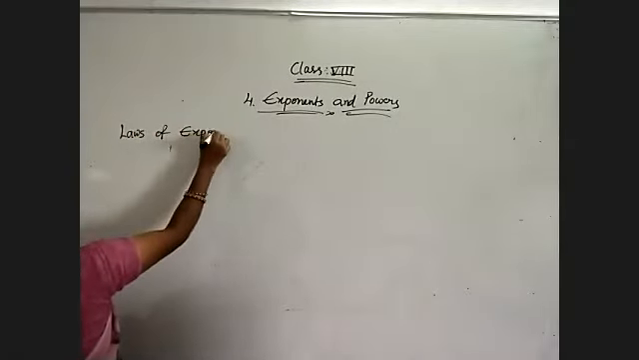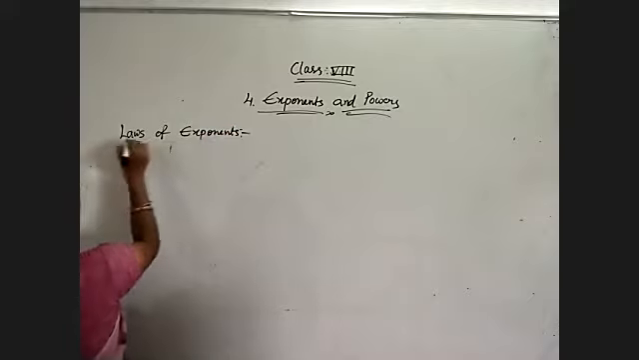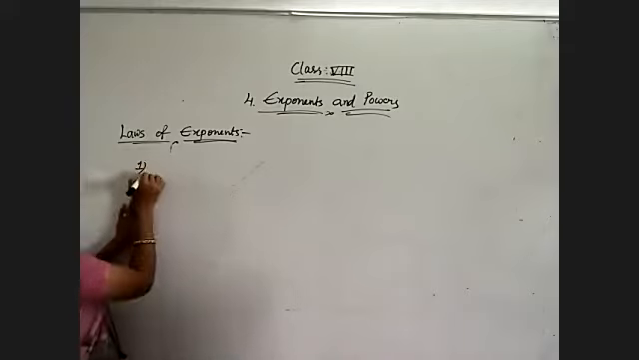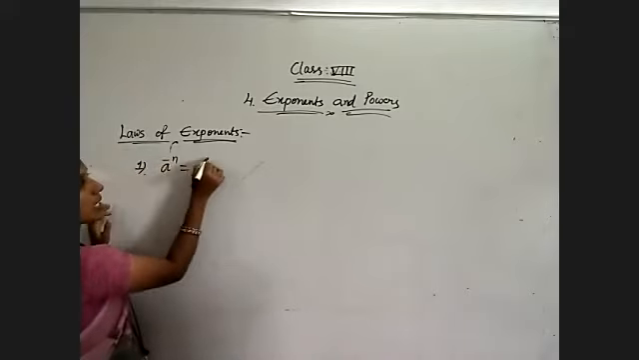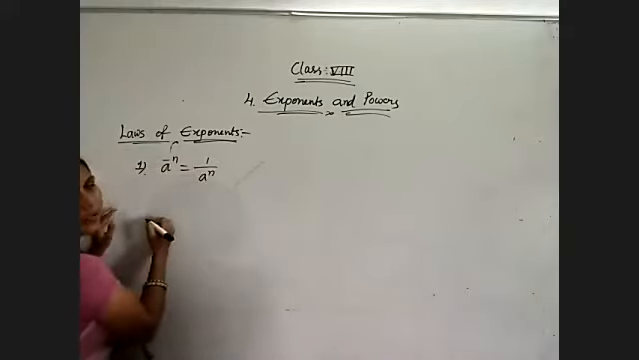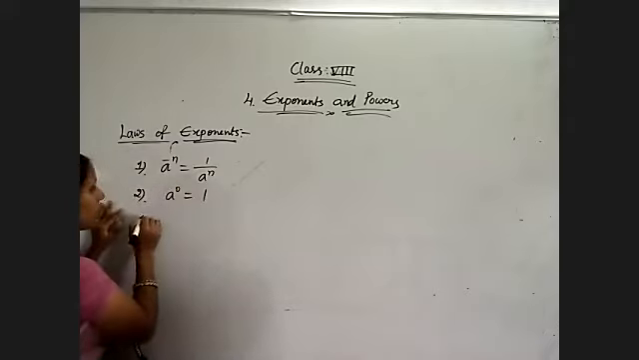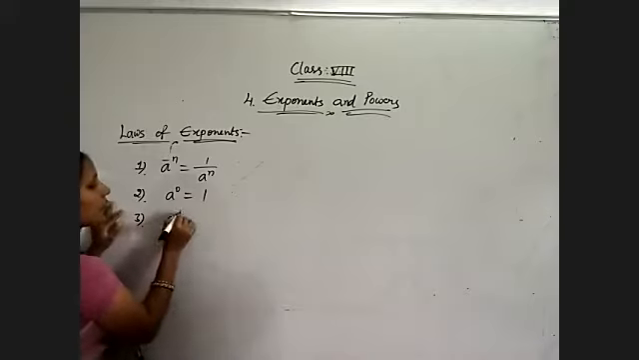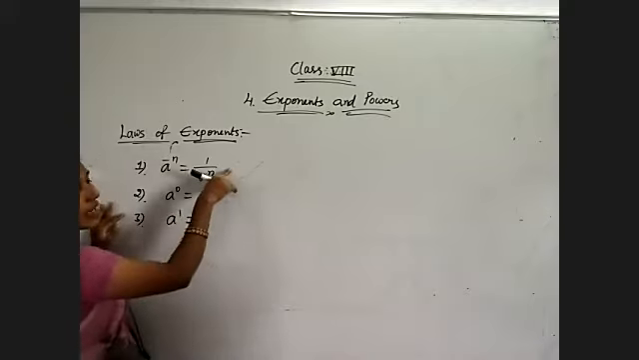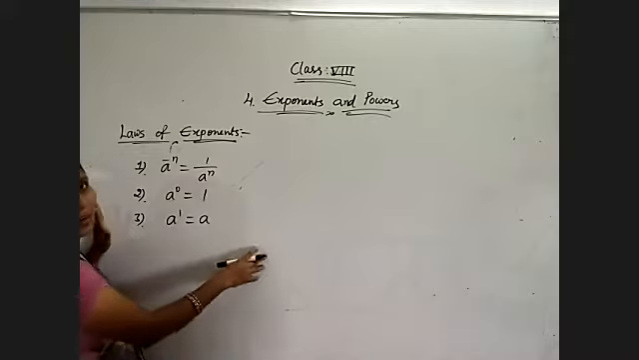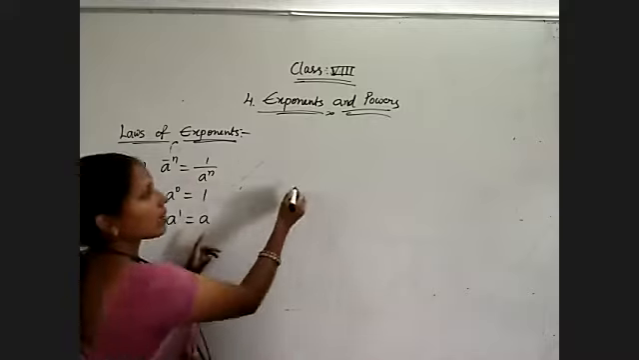Laws of exponents. First we have seen a to the power of minus n is equal to 1 by a to the power of n, and secondly we have discussed a to the power of 0 is equal to 1, and third one is a to the power of 1 is equal to a. These three we have used when we are writing a number in the expanded form using the exponent. For example,